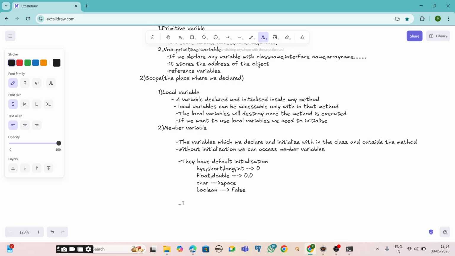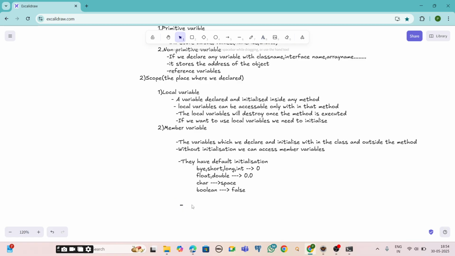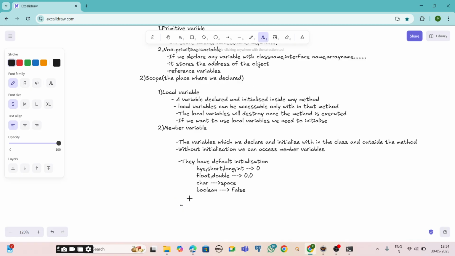Member variables are of two types: static and non-static.